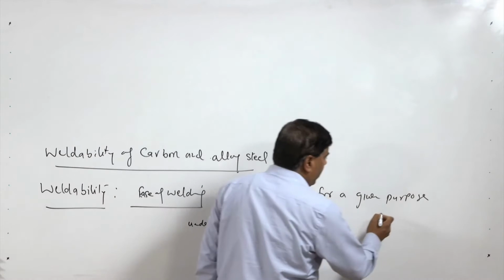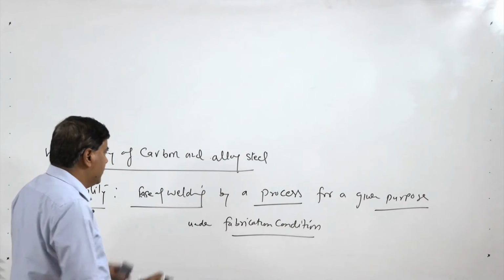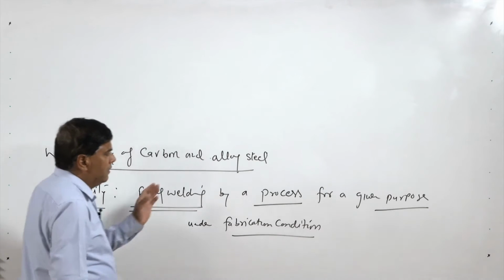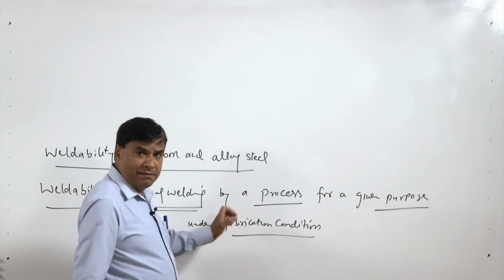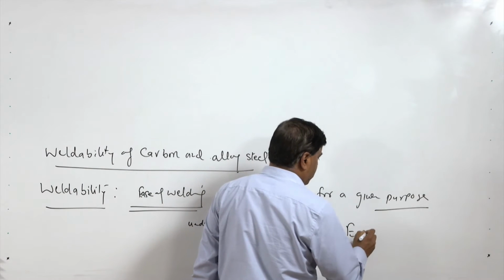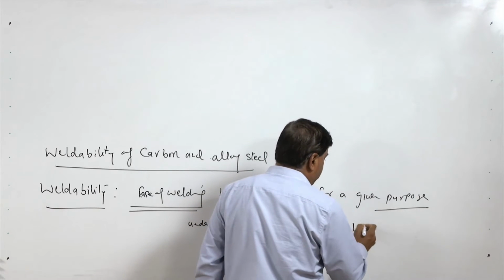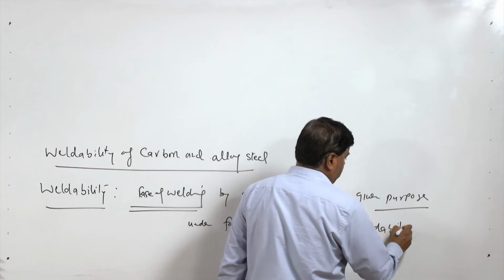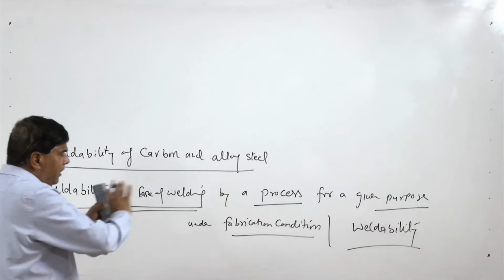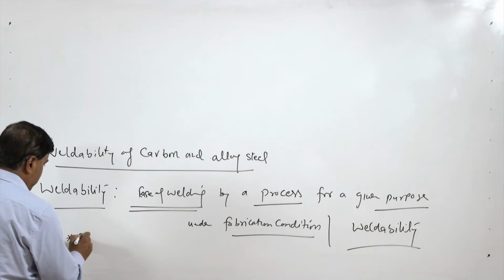A metal is welded by a given process for a given purpose under a given set of the fabrication conditions, and the ease with which it can be welded under these conditions will determine the weldability of the metal, which is ease of welding. All this is determined by, you can say, quality